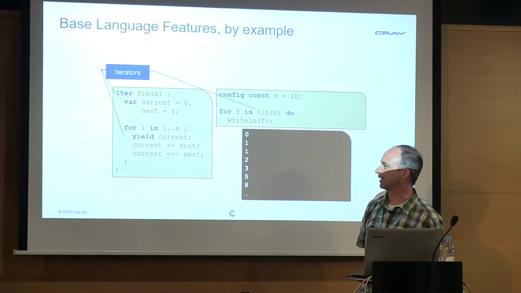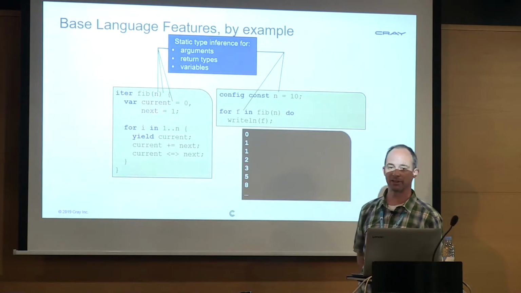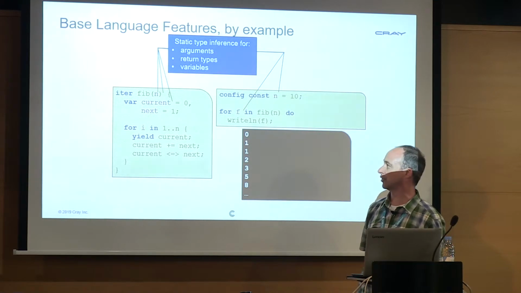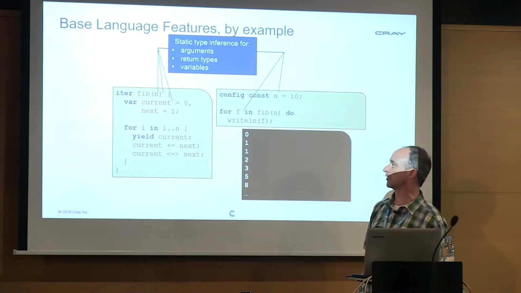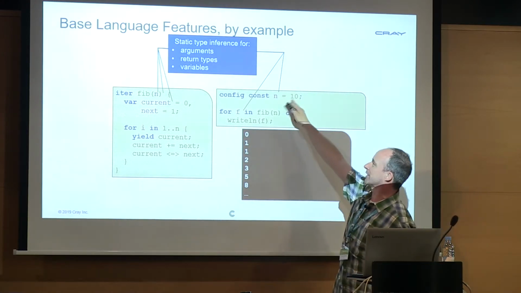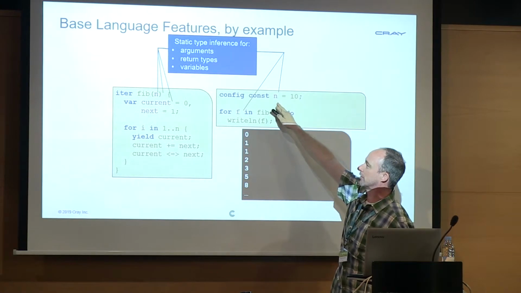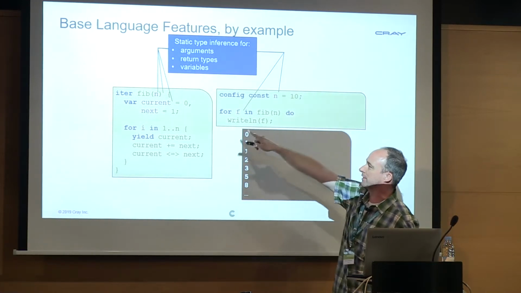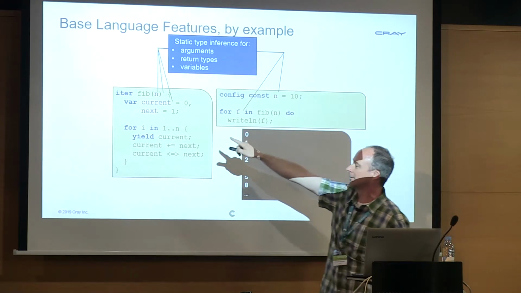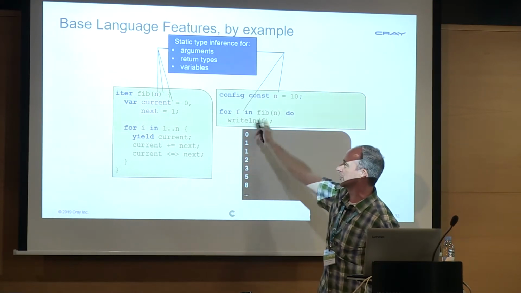So you may have seen iterators, but the way we do them is pretty different from traditional C++ or Java iterators. They may be more what you're familiar with from scripting languages like Ruby or Python. You'll notice in my code that I haven't declared the types of anything. So variables like n or i or current or next don't have any type information. This doesn't mean that they don't have types, it just means the compiler is figuring out the types for you. For example, it knows that 10 is an integer, so therefore it knows that n must be an integer. And then when it passes n to fib, it says, well, this n over here must also be an integer, and current and next are integers, so I'm yielding integers, so f must be an integer.